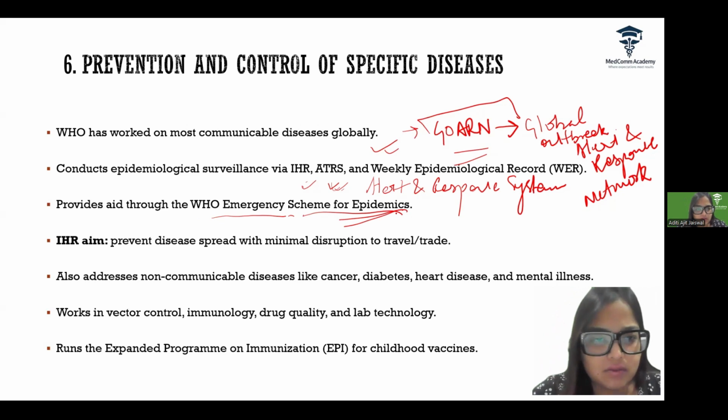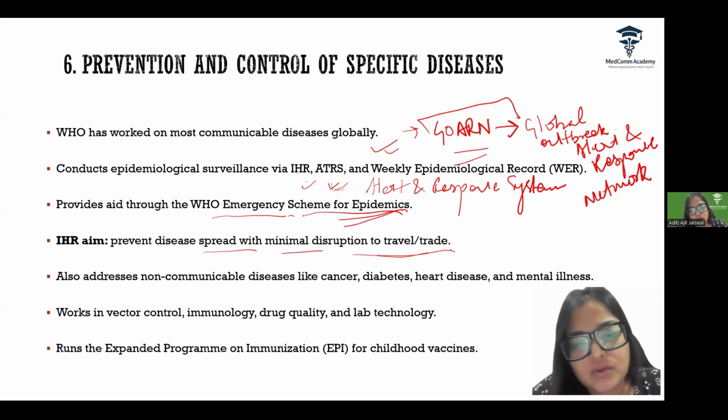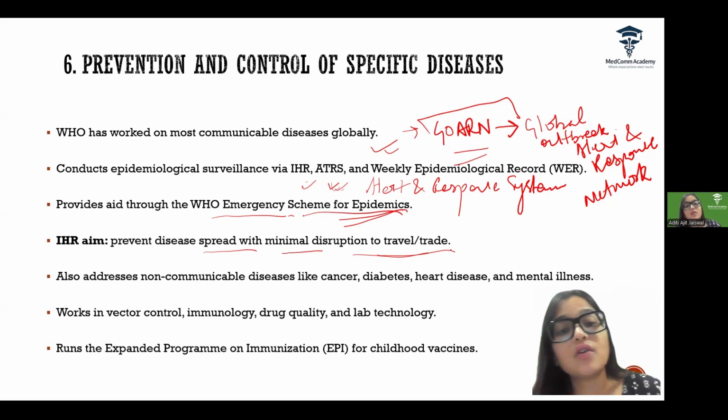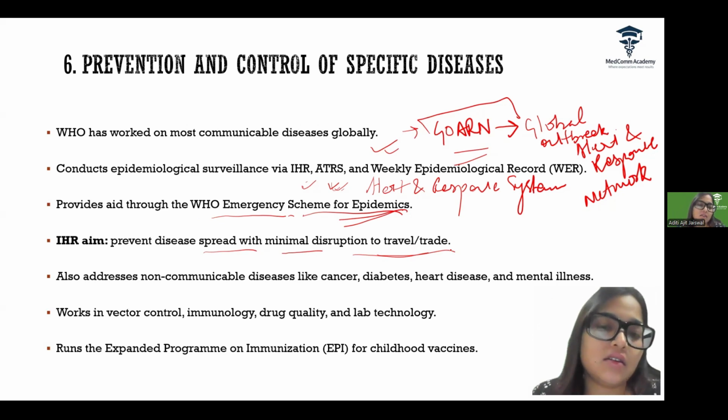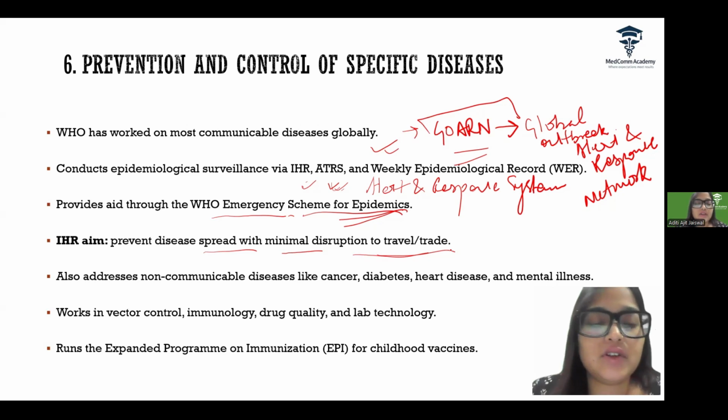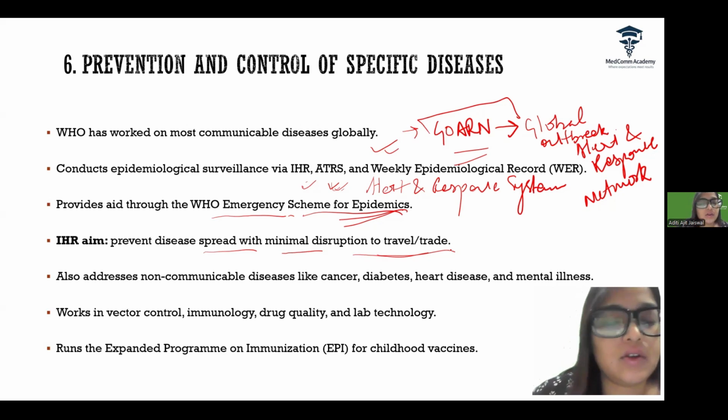And IHR also aims to prevent disease spread with minimal disruption to travel and trade. So they will have their advisories on quarantine or isolation, how many days one needs to be in it, and what precautions one needs to take, so that trade and travel is minimally disrupted. Because in today's global economy, we depend on trade and travel a lot. If even for one day it is stopped, it leads to a loss of a lot of money